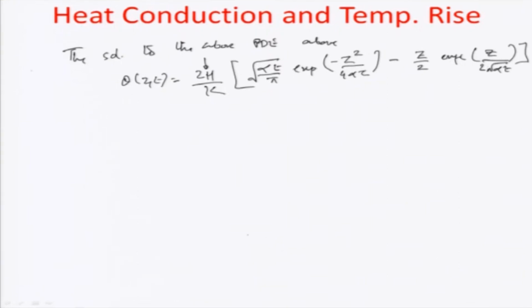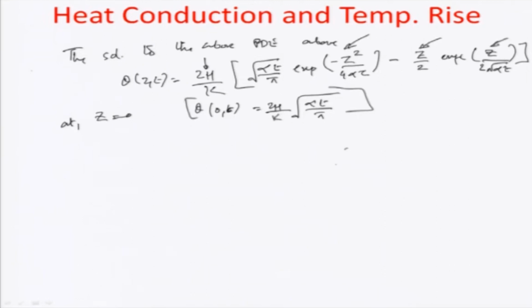Let us evaluate what happens at z equal to 0. We have already mentioned this before, that at z equal to 0, that is the surface, the theta 0 at any point of time t is actually given by twice h by alpha root of alpha t pi. Put the z value 0 here, sorry, this is k. So, the total amount of theta at distance z equal to 0 on the surface at any point of time is actually twice h by k root of alpha t by pi, where obviously k is the thermal conductivity of the material which is to be machined, alpha is the thermal diffusivity, t is the time of the whole machining process, and h is the total amount of heat flux which